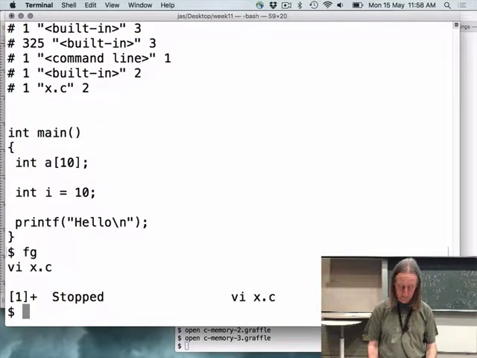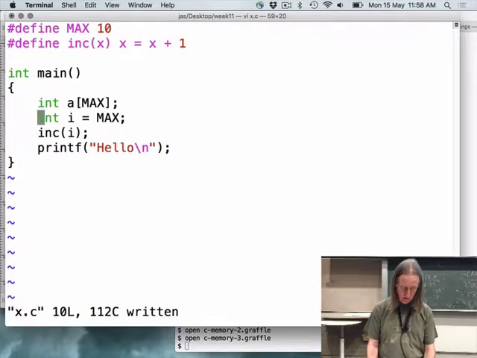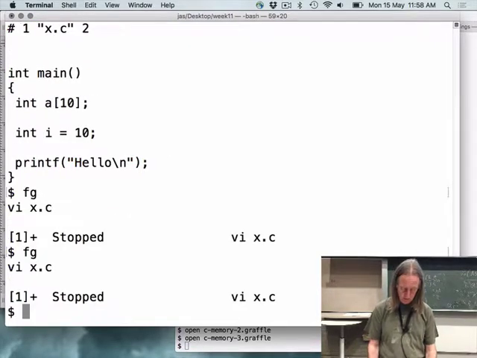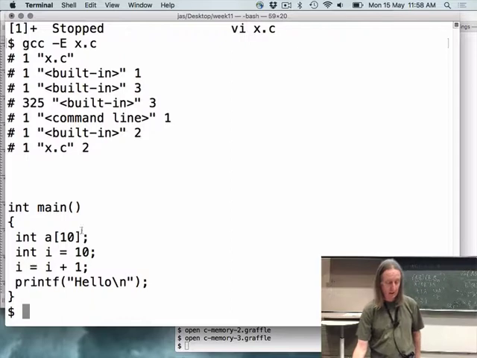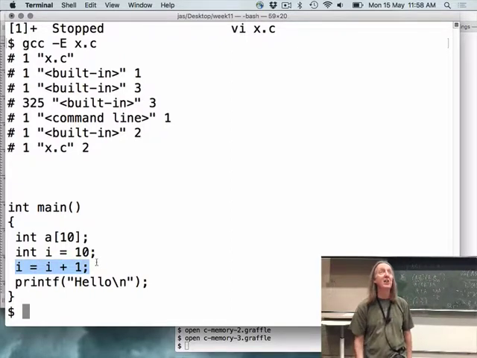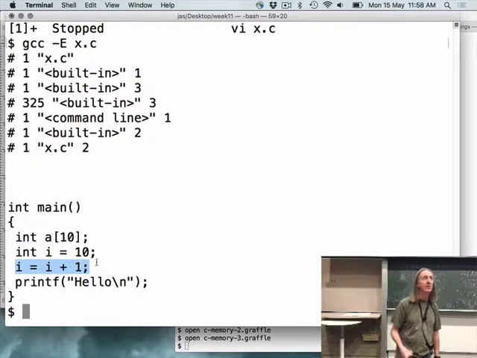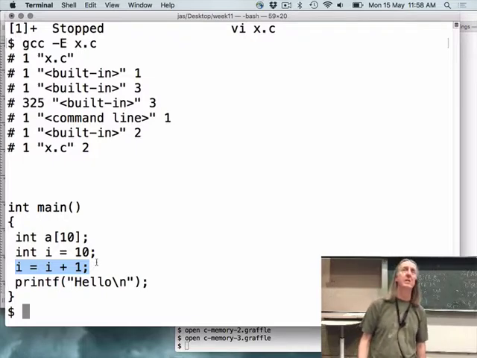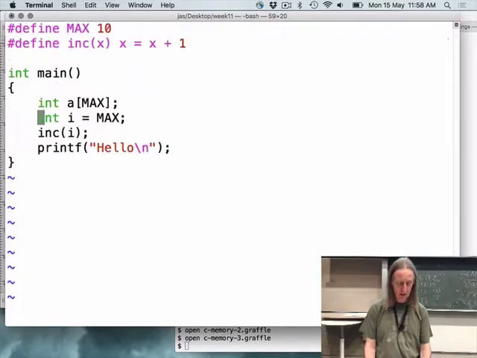I don't remember whether I wrote that out. Okay, so you can see where I had inc I in the code, now I've got I equals I plus 1. That's occasionally useful, but you need to be a little bit careful about it, because it will let you do things like, that's perfectly valid.